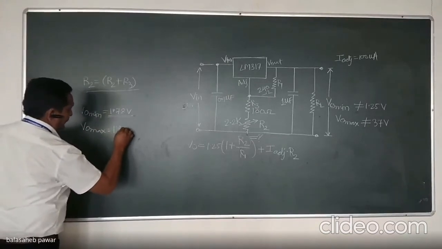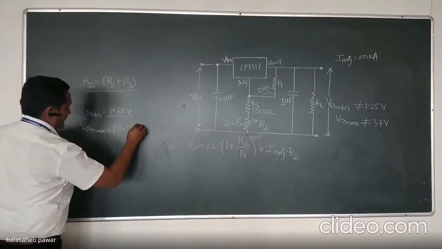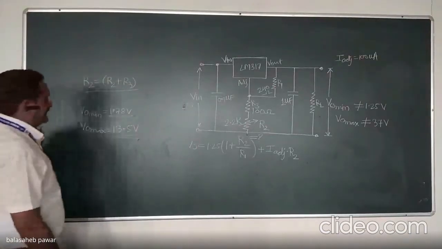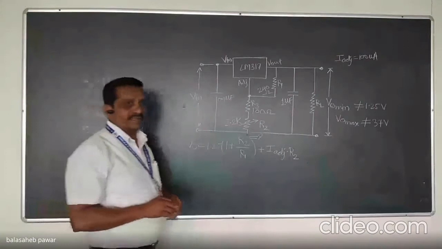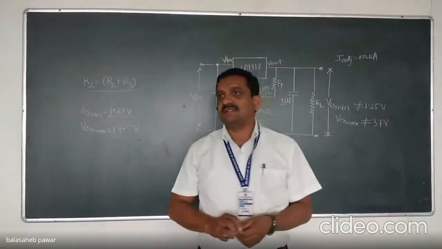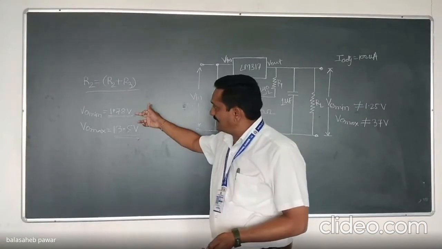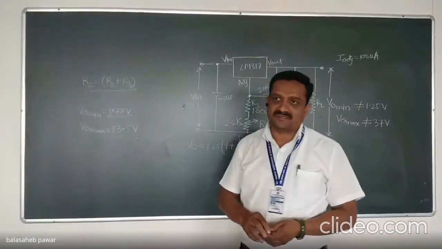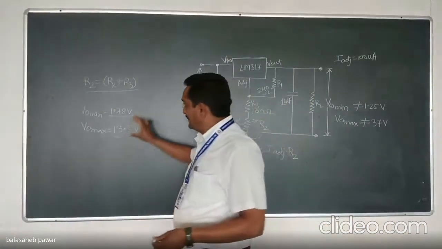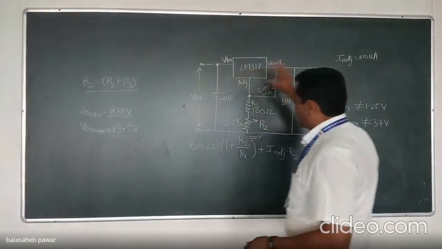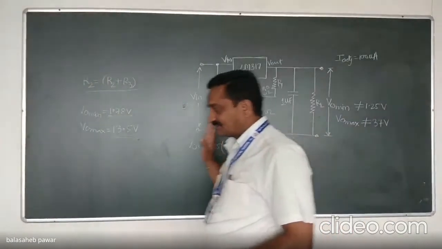It is 13.5 volts. Right? So we got the answer for our numerical. That is the range of output voltage which we can achieve. That will vary from 1.78 volts to 13.5 volts. So the desired output within this range, we can easily set by using the same circuitry. Okay?